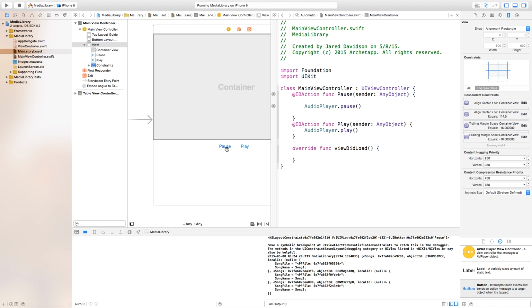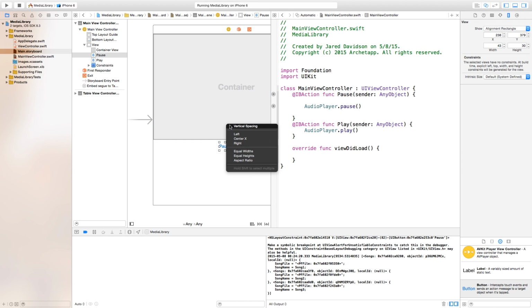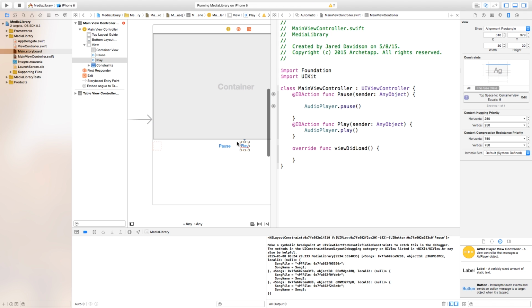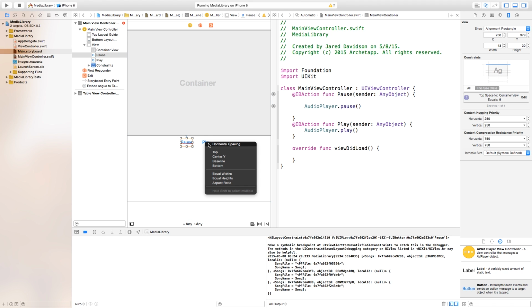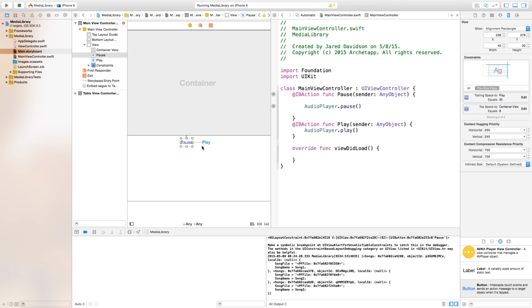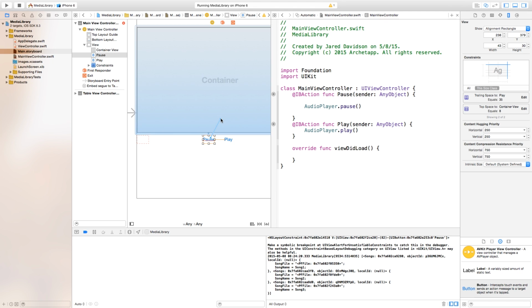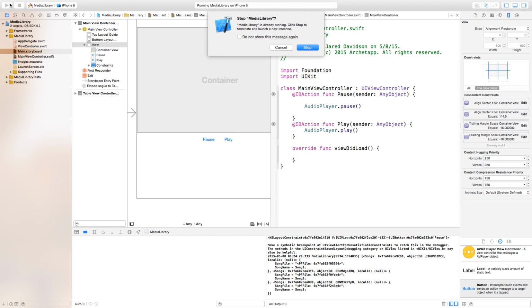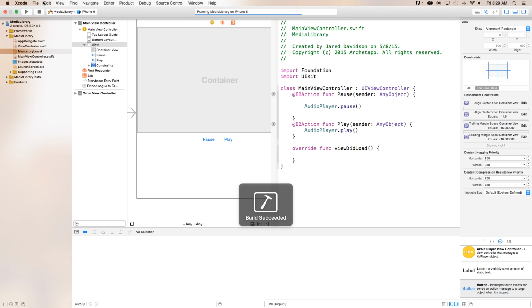Now we need to add some constraints to these pause and play buttons. So right click or control click and drag from our pause button. We're going to say vertical spacing. We're going to do the same for our play button. We're going to add some spacing between these buttons right here, horizontal spacing. And then we're going to right click or control click and drag from this pause button, and we're going to say center the X value. And that will allow these pause and play buttons to actually be right here in the center of our container view. So now if we were to build and run this,